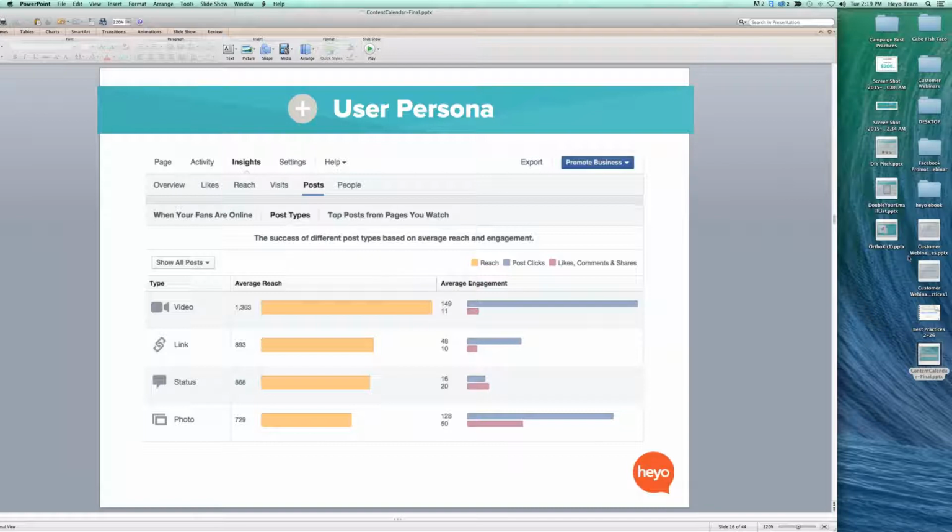So which status type should this particular page put more up of? Yep, so a lot of you got that right, videos. Obviously they have almost 1,400 people that are being reached with the videos. The links are almost 900, statuses are close to 900 as well, and photos are only 730. And then from